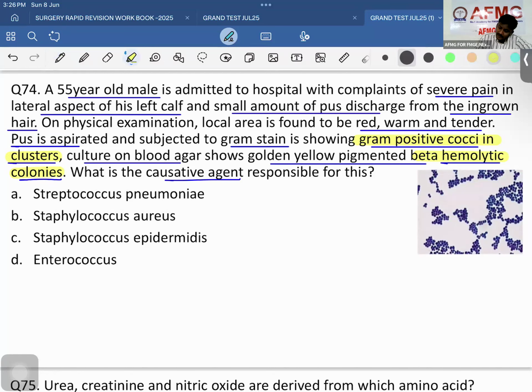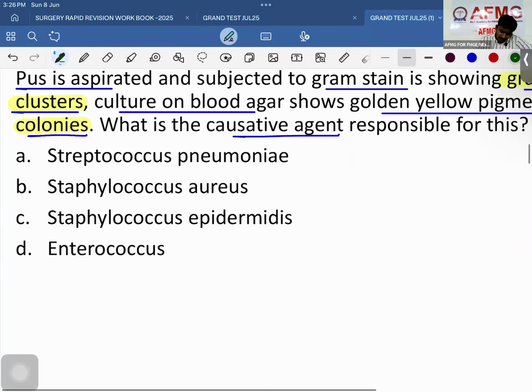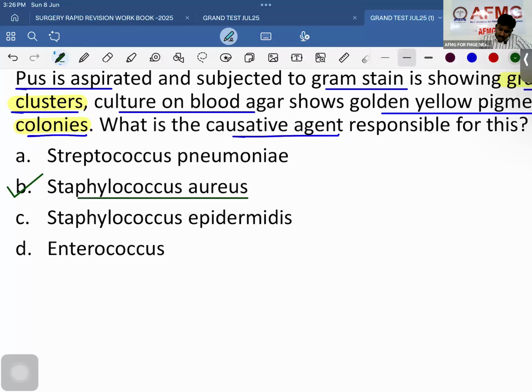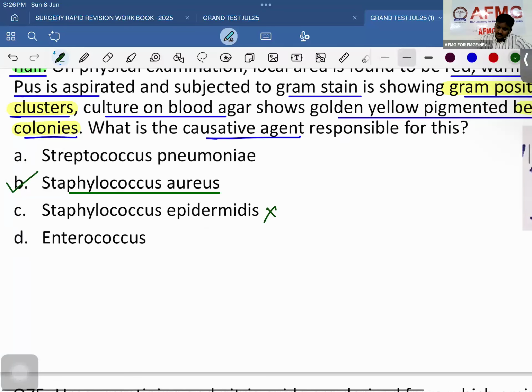We know that here definitely it is an infection of nothing else but the ingrown hair beta. That is a folliculitis or furuncle. हमें पता है most common cause of folliculitis or furuncle is going to be Staph aureus. Second reason, gram positive cocci in clusters will be Staph beta itself. ठीक है, and beta hemolysis is usually shown by Staph aureus beta, Staphylococcus aureus. Okay, understood. We know Staphylococcus epidermidis is not a known cause or a common cause basically for folliculitis or boils